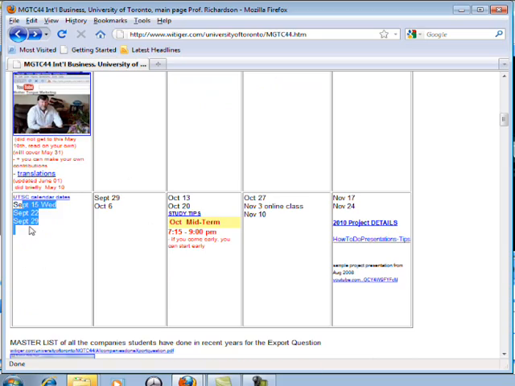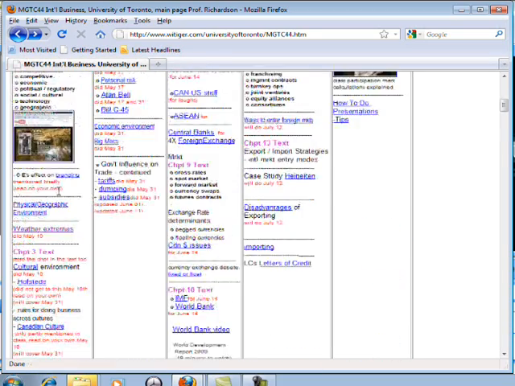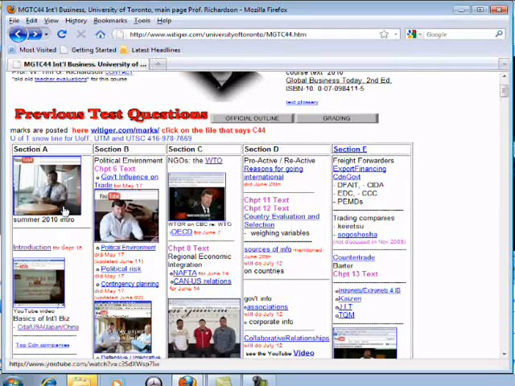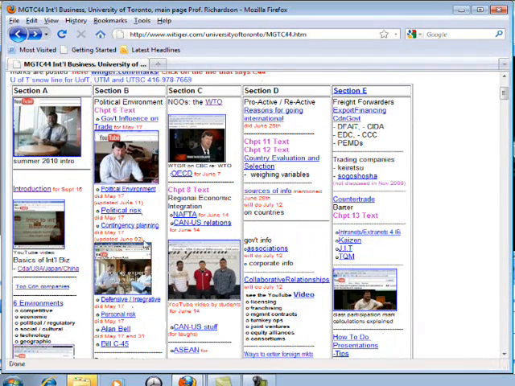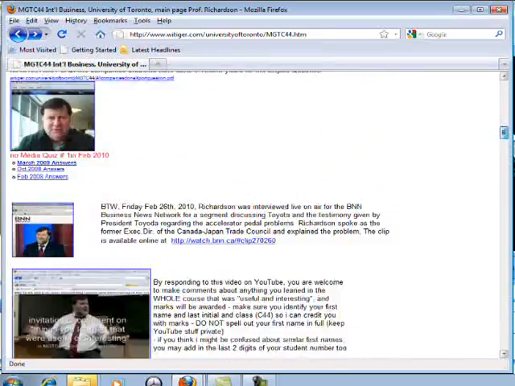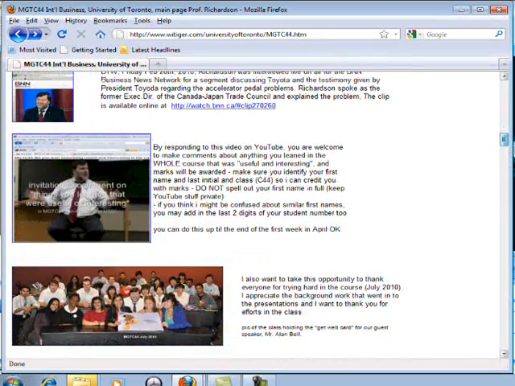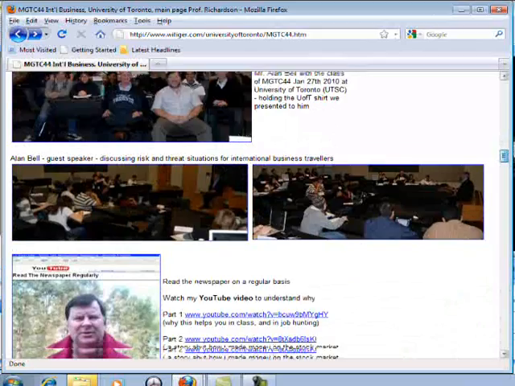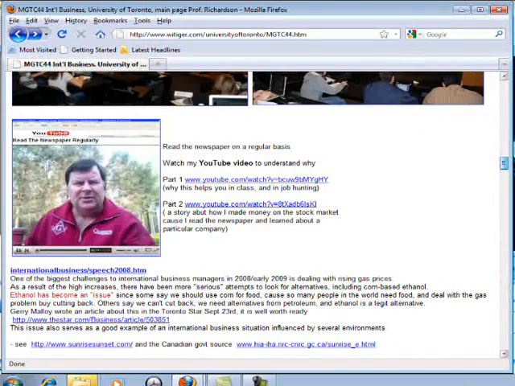These dates at the bottom roughly represent when we're going to do this work. So this is for the first part of September. This row of topics will be the second part of September and early October. This will be October. This will be November, and this will be maybe the last week in November and the first week of December. In addition, we also have some additional commentary and information about previous students,